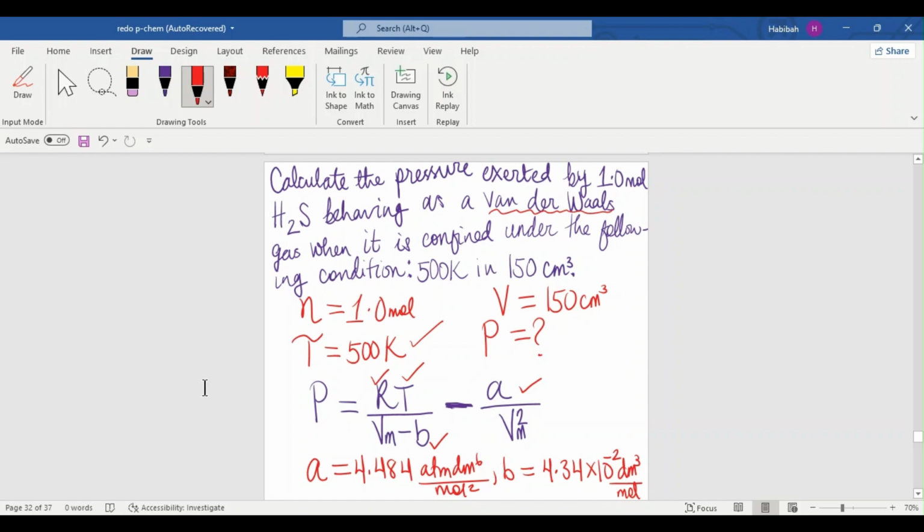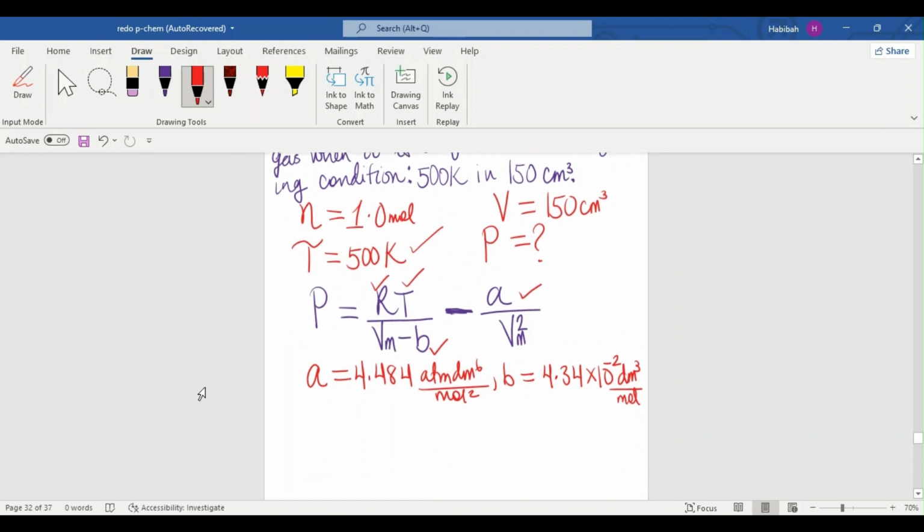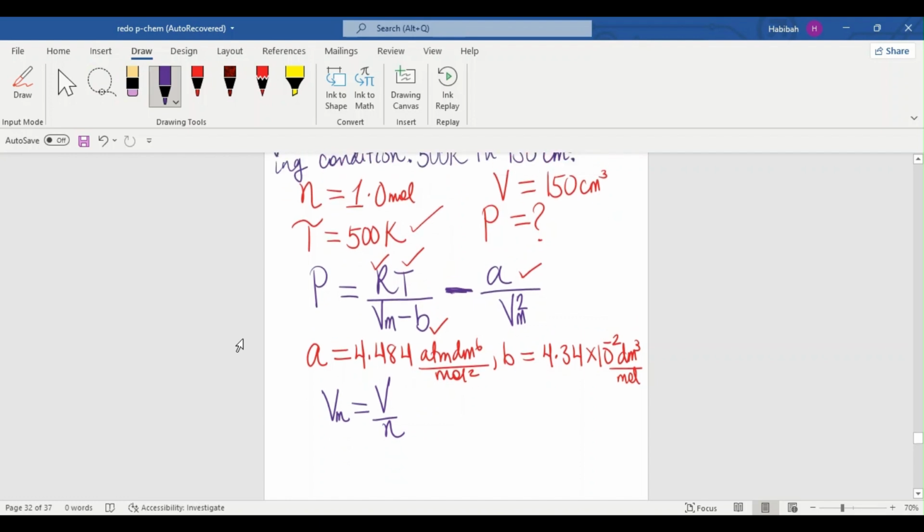We have the values for R, T, a, and b, and we also have the value for volume. But this question is asking us for molar volume. To determine molar volume, Vm, the molar volume is equal to the volume divided by the number of moles. But then there is an issue. The parameters we're given use decimeter: the unit for a involves decimeter, and the unit for b is also decimeter cube. But our question is telling us 150 centimeter cube. So we cannot just go ahead and find the molar volume. We have to first